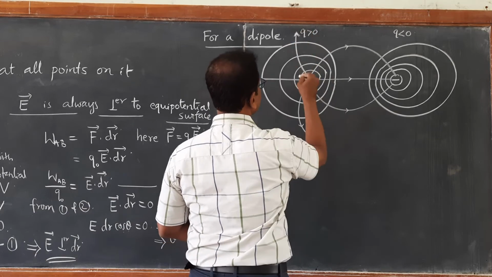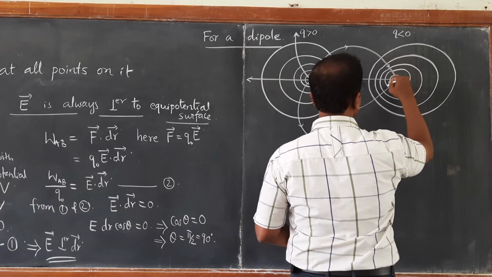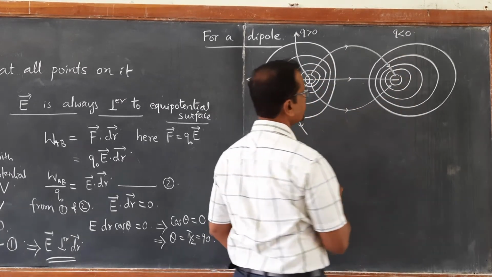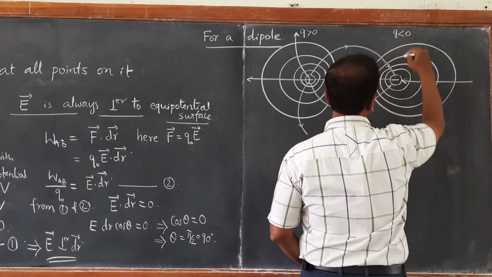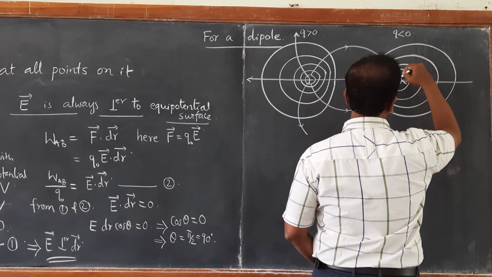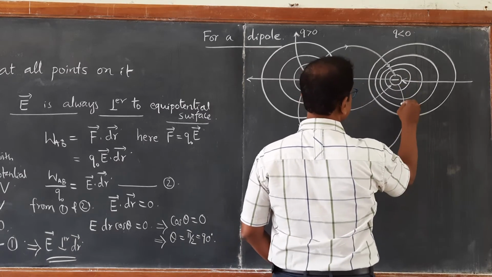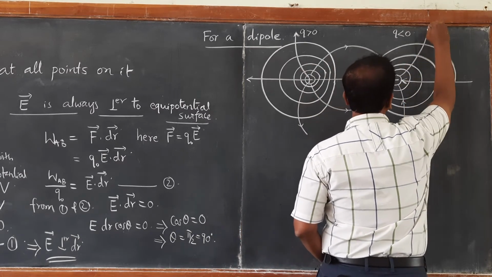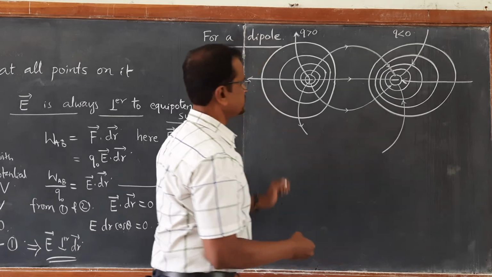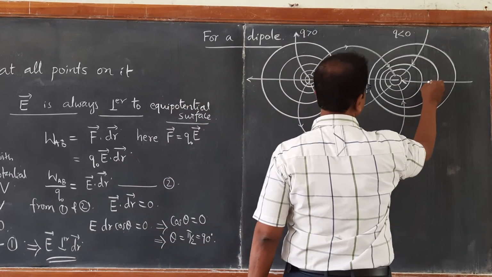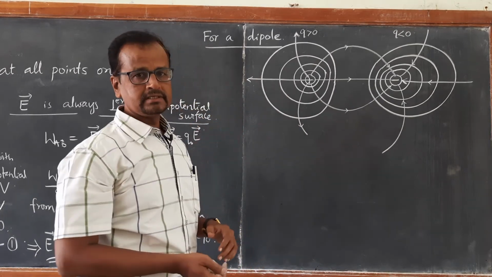Everywhere you can find the electric field lines are perpendicular, and here they are merging at the negative charge. So, electric field lines can be shown like this. So, these are the interesting equipotential surfaces for a dipole. Field lines are entering here and field lines are emerging out here. So, this is how one can draw the equipotential surfaces for a system of dipole.